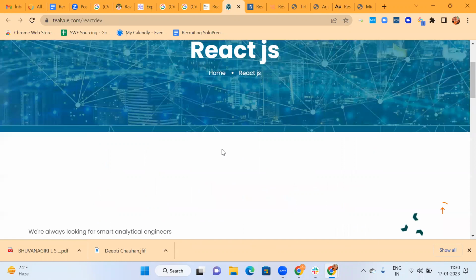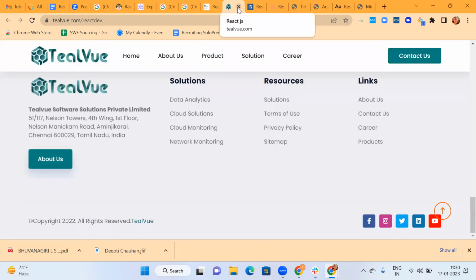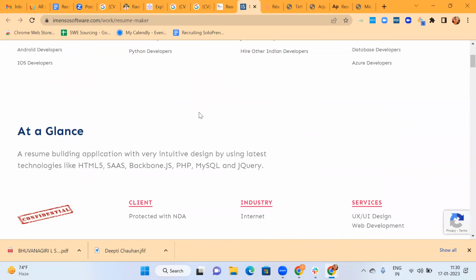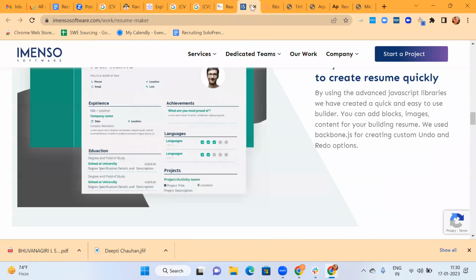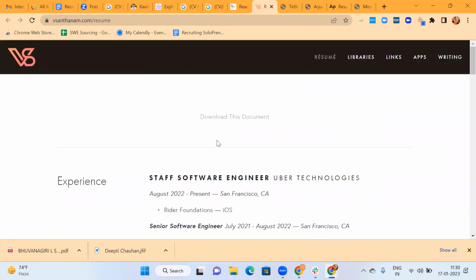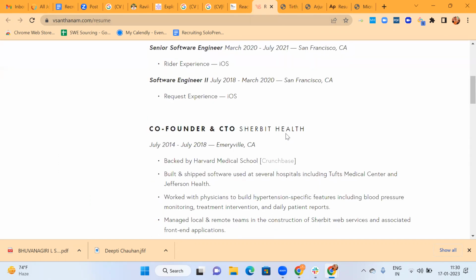This is some company page. Resume maker, this is also some resume making website. Star software engineer, Uber Technologies, vasantanam.com. Okay. Co-founder, CTO, Sharebit Health.